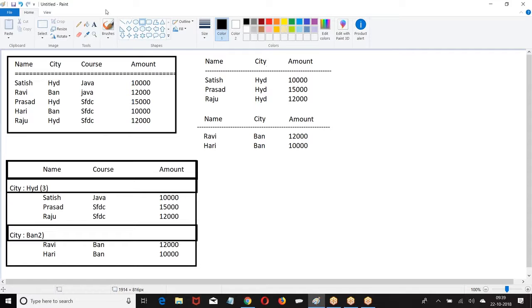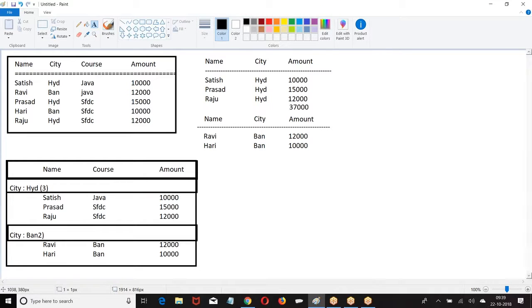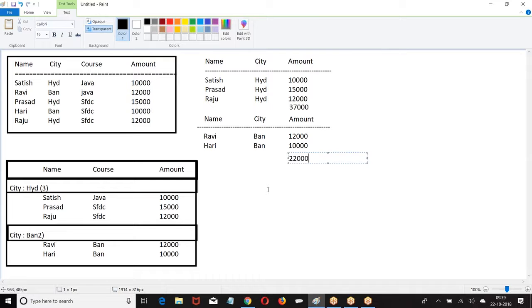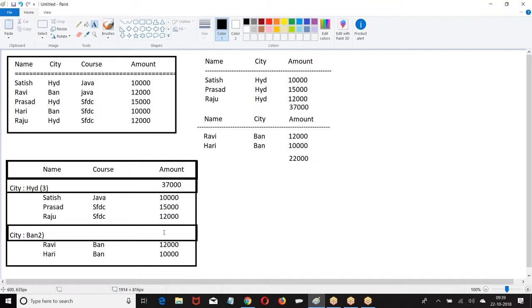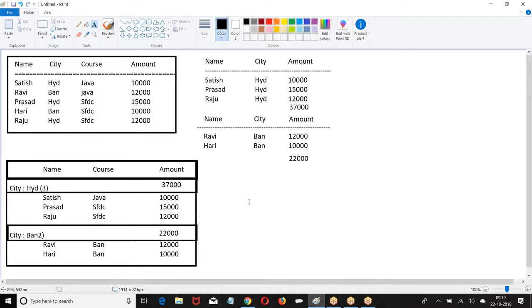Now if I say apply roll up, when you apply roll up, summarization is going to come. Here we are going to get this available.